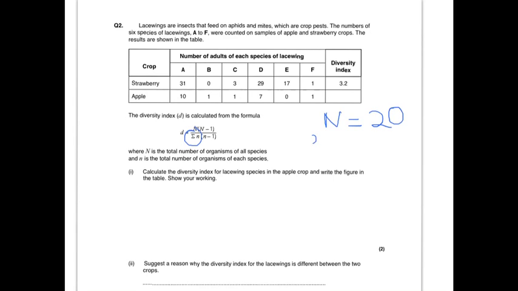So on the top you will have 20 times N minus 1, which is 19, over the sum of all of the n times n minus 1. So the first one will be 10, so that's from there, times 9, which is n minus 1, plus